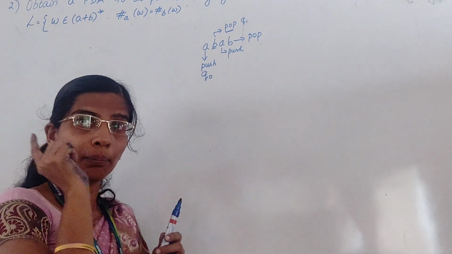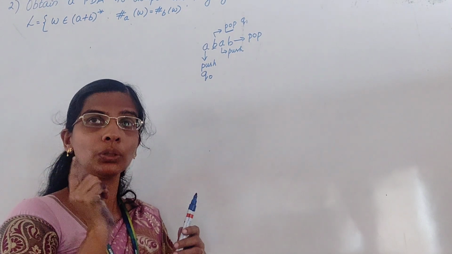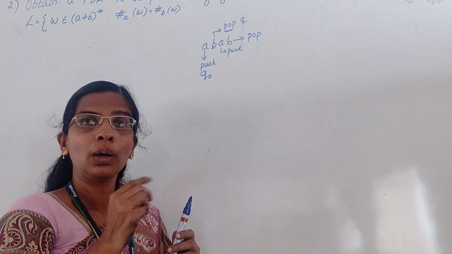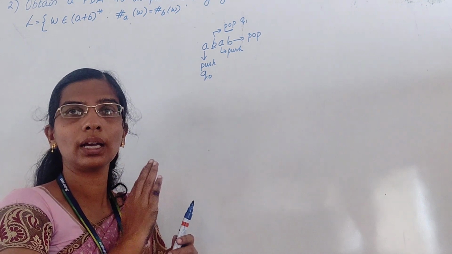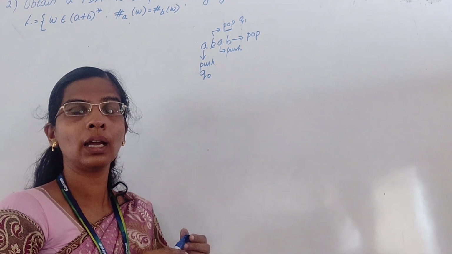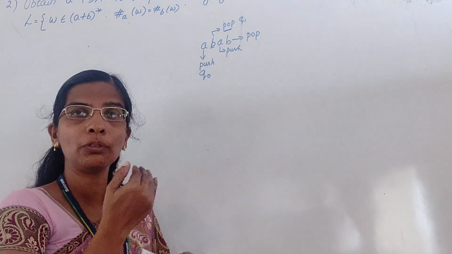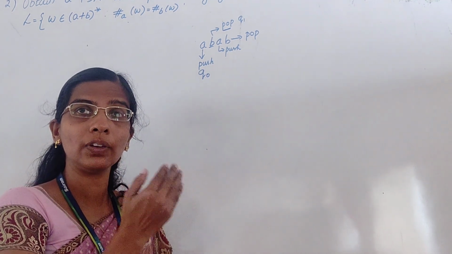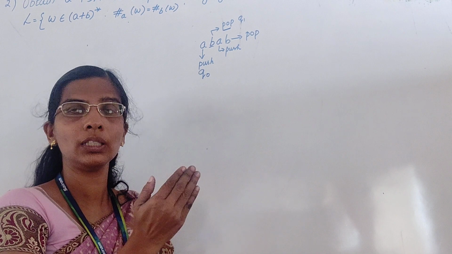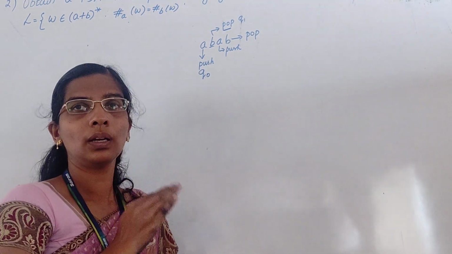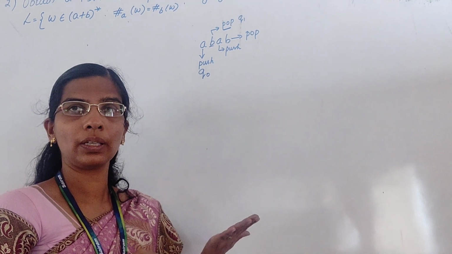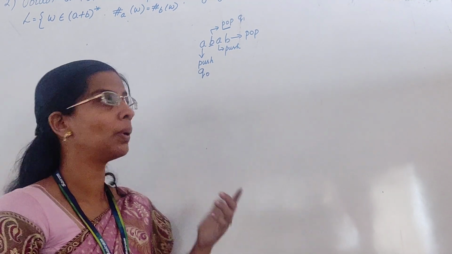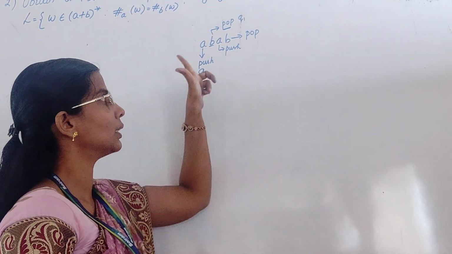That's what, in the beginning, while giving the introduction to push-down automata, I told: pop, satisfying the condition. I have to pop satisfying the condition, and I have to decide whether I should make a state change for pop or not. In the previous two examples, if you make a state change, it is fine, it works, not a problem. But here,